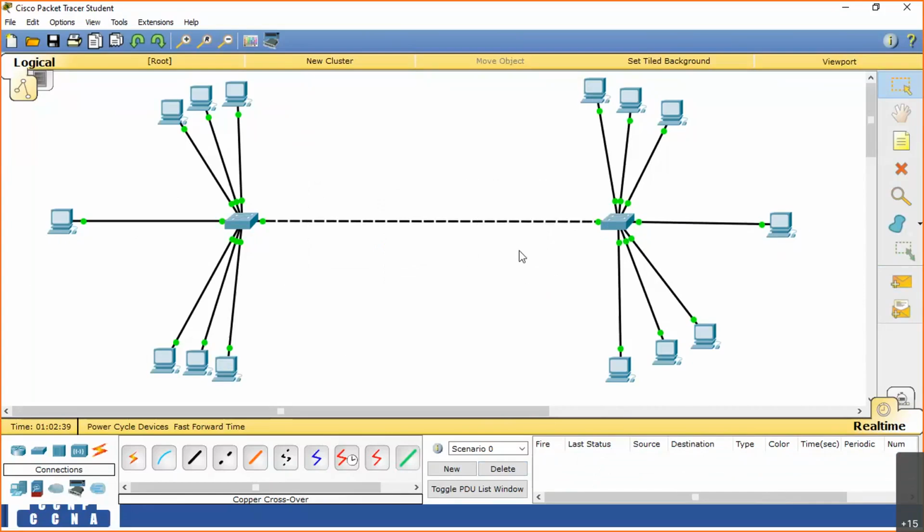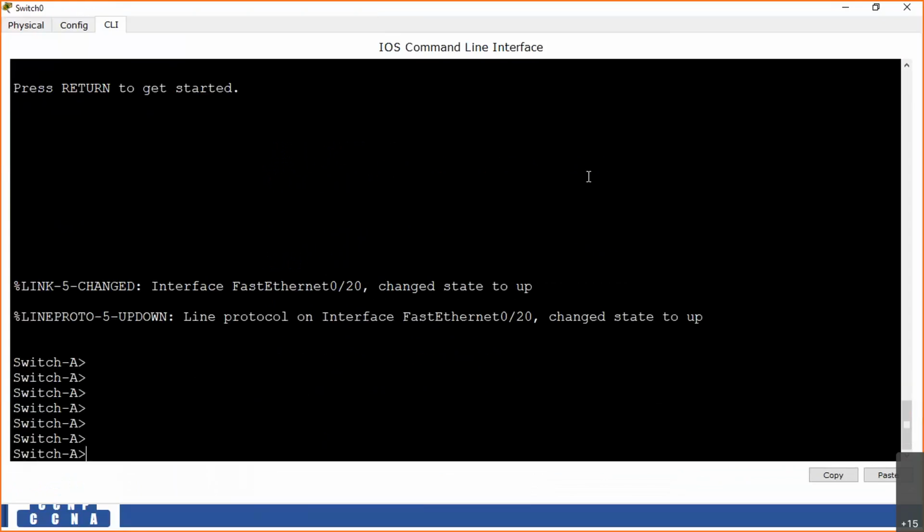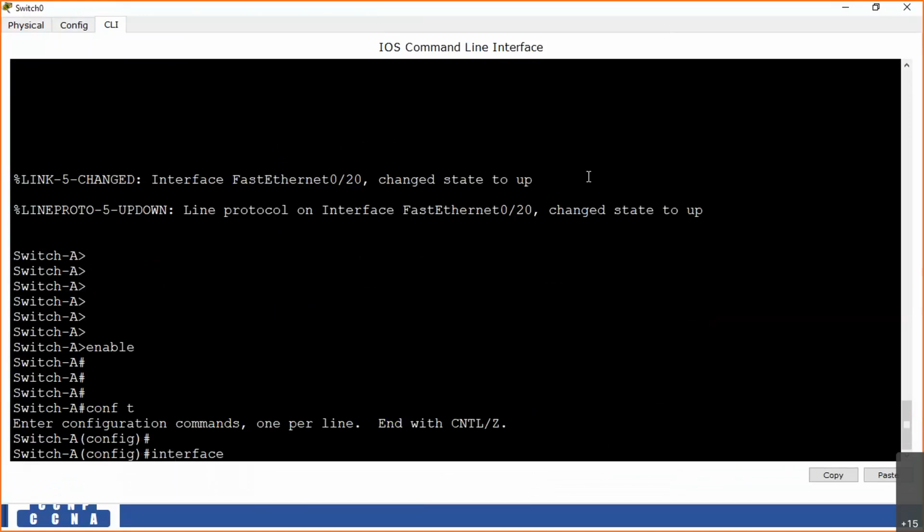we are going to configure trunk. On which port number? We have connected port number 20 on A and port number 20 on B. Let me configure trunk. In switch A, config mode, interface FastEthernet 0/20,